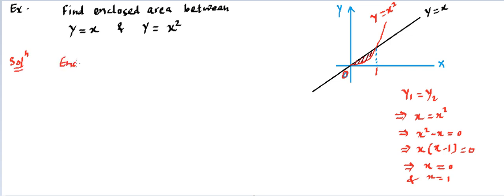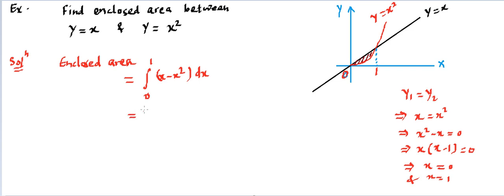The enclosed area is equal to the integration running from 0 to 1. That's what the limit is. Then you need to see which function is upside. If you are not able to draw the picture, that's also okay. Between these two limits, you can place any value. Let's say I'm placing half, and then in this half value of x, we put it in both functions and check which y is coming more. The y which is coming more is going to be upside, isn't it? So here it's clear that x is going to be upside, so x minus x square. So y1 minus y2 into dx, that's our answer.